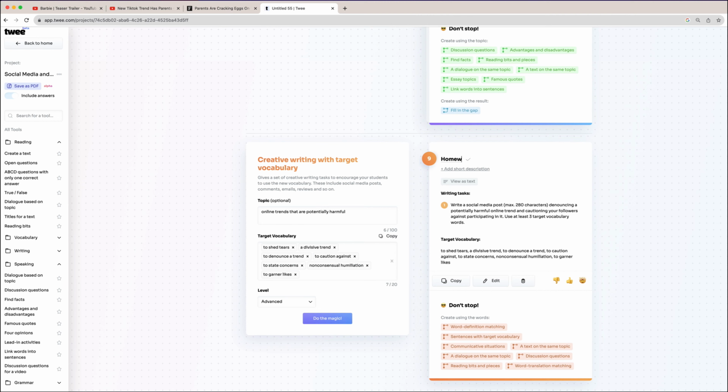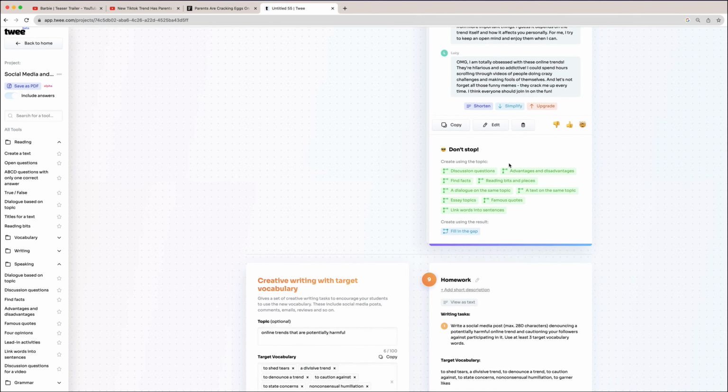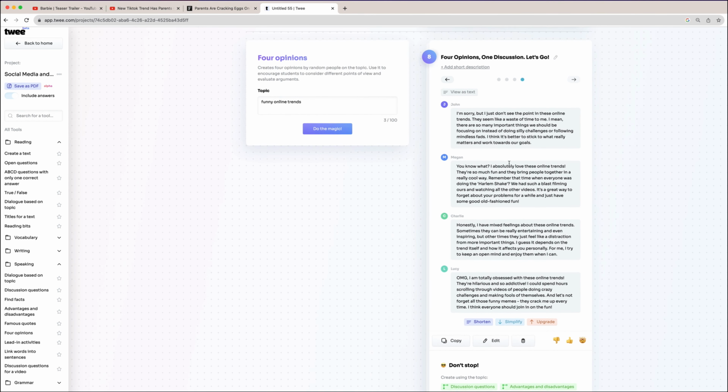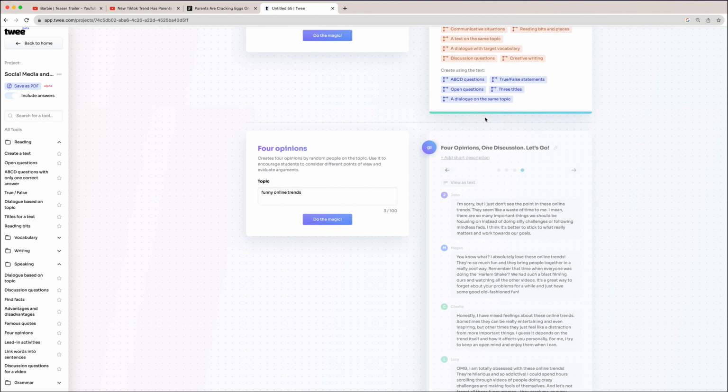This one is going to be homework. I can also edit the description, which in my case I don't need. I go up and make sure all of my tools look perfect for the PDF. For this one, I don't actually need it because I'm going to print it as cards, so I hide it